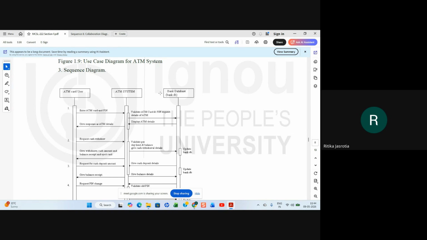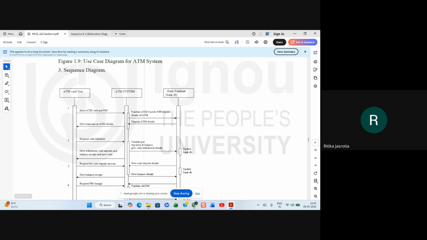So from the bank database, a message is given to kindly validate the per day limit and the cash withdrawal details. So the amount he has requested is updated if the balance and everything is checked. That is updated in the database, and give withdrawn cash amount and balance receipt and eject card. So accordingly, that amount is given to the card user. He collects the balance receipt, and his card is ejected.